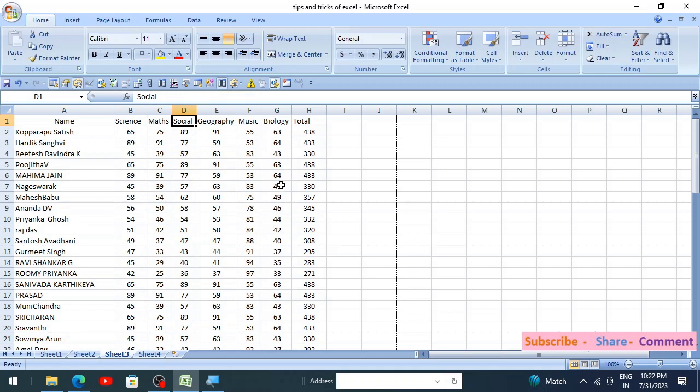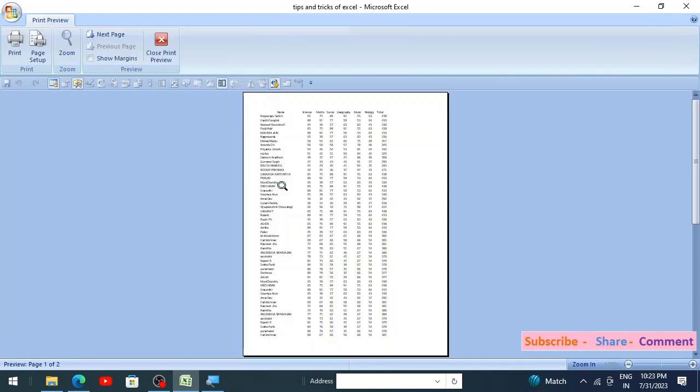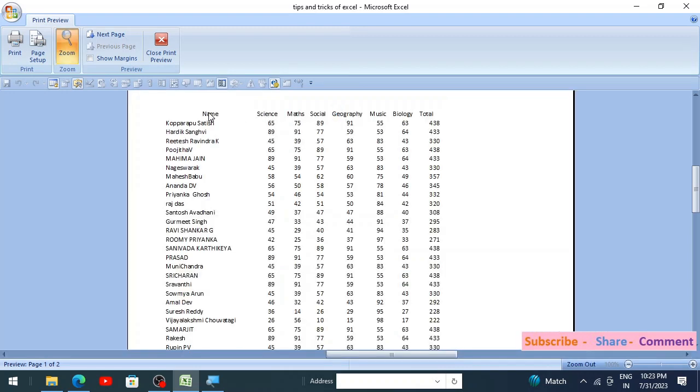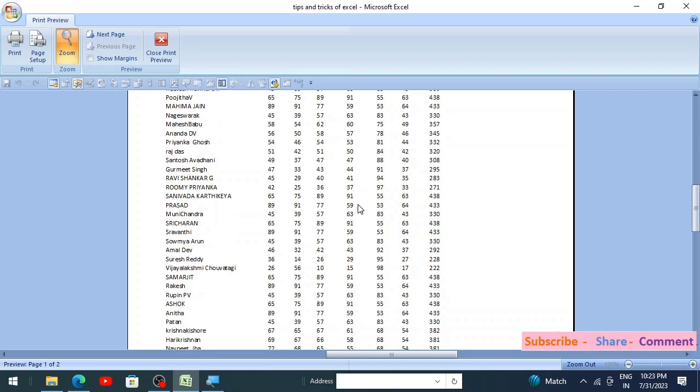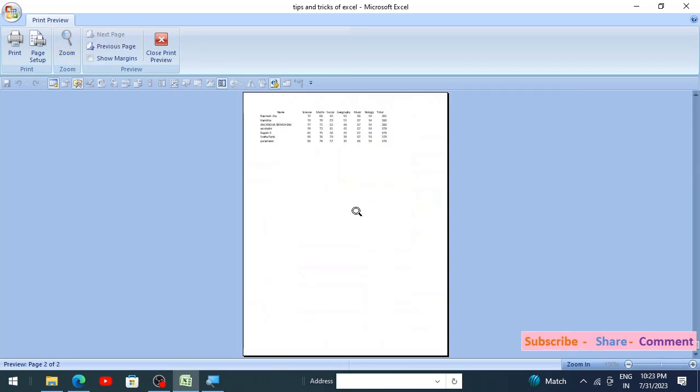When you look into the print preview, the shortcut key is Control F2. If you press Control F2, you'll get a print preview of how it will look when you take a printout of this. I will just zoom it out here. Here you can see the subject names as science, math, social, and all those things. When we go to the next page,